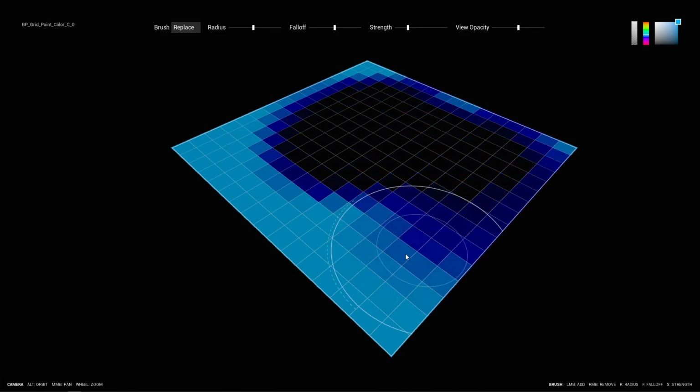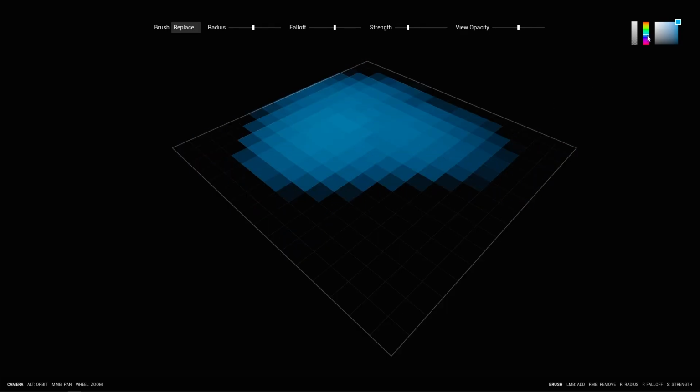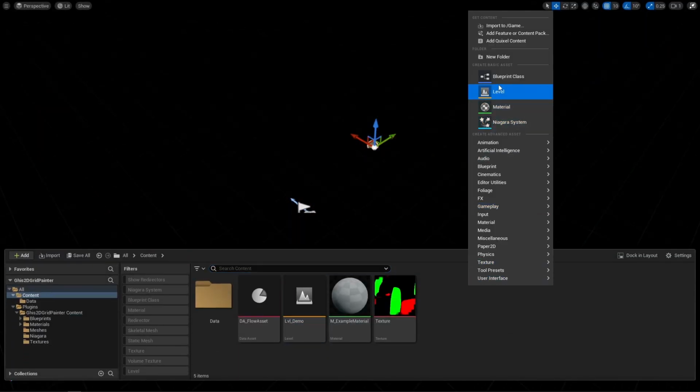Now the cool thing with this system is that you can sample that grid on the CPU in blueprints. Keep in mind, however, it's really not that optimized, because blueprints, you know, so don't expect too much out of it, but it works. Just have to create a blueprint,